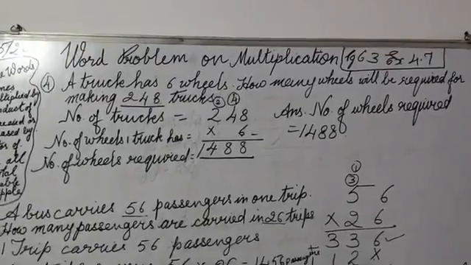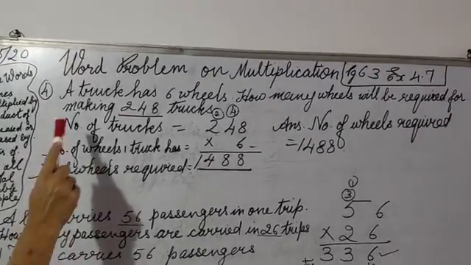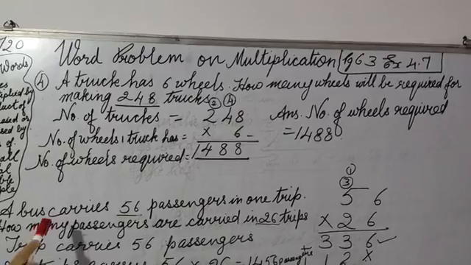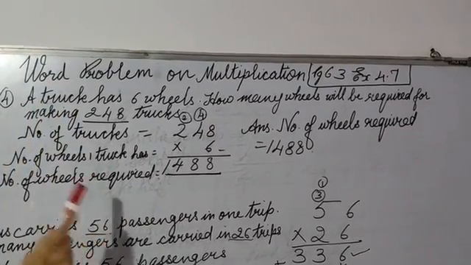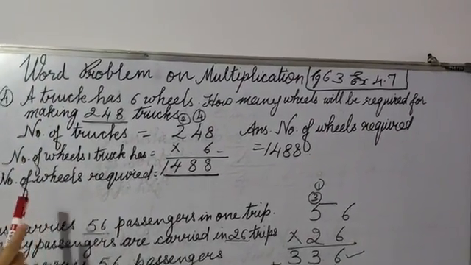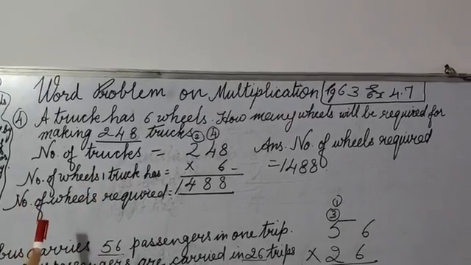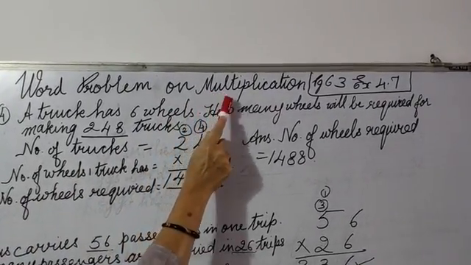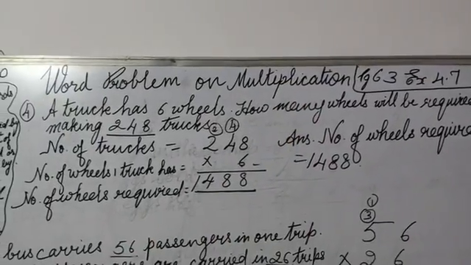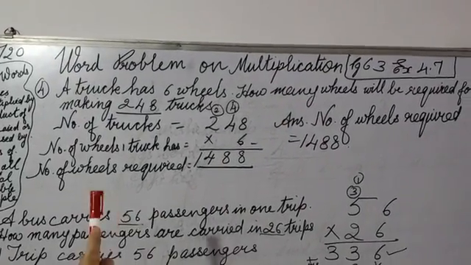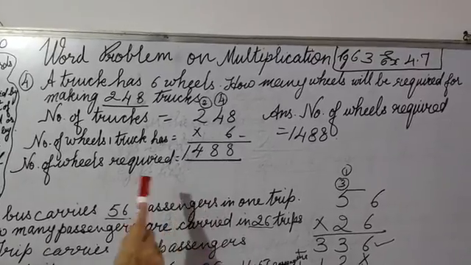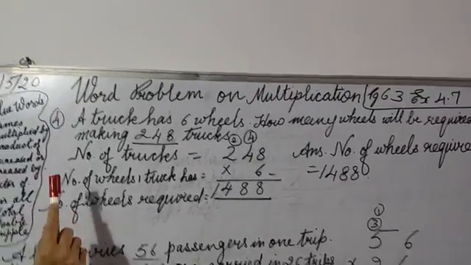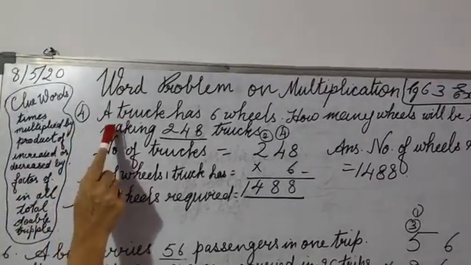Welcome to maths classes. Today we are going to do word problems on multiplication. It is very easy. We have already done addition and subtraction problems. Today we are going to do multiplication table problems. In this, multiplication tables are compulsory. I have already given you how to learn your tables, how to make it easy to write the tables and learn them now. Okay. Now today we are going to have multiplication.